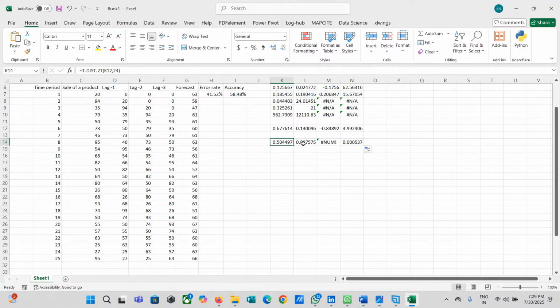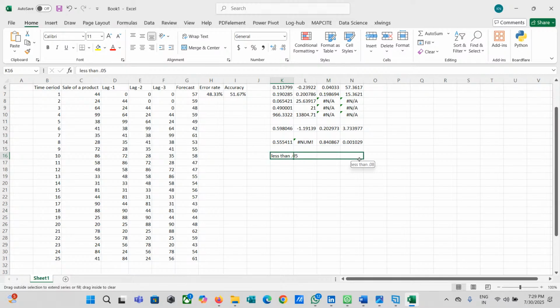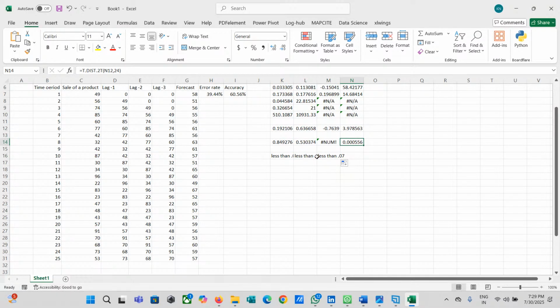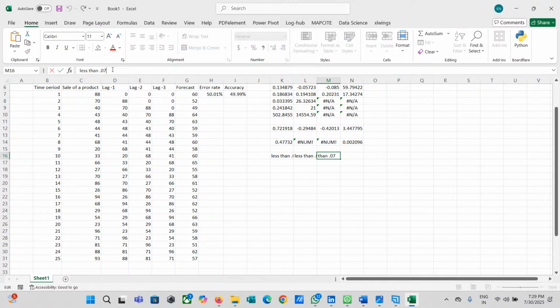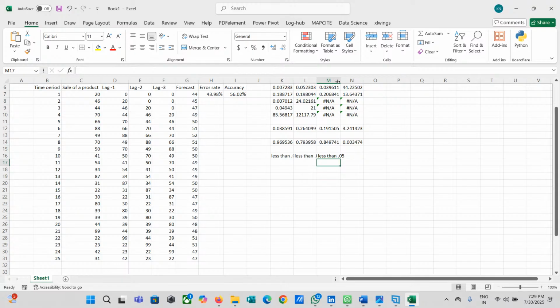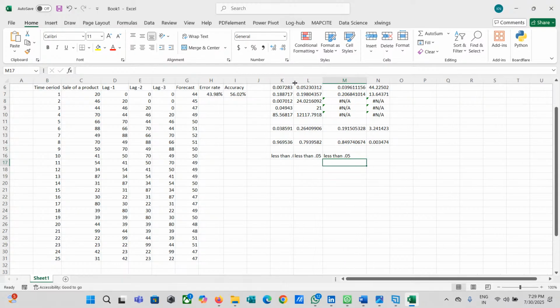This is 50%. We need these values less than 0.05. That's the standard value we are taking. So this is not less than 0.05. Only the intercept is showing us less than 0.05, and everything else is more than 0.05. If it is more than 0.05, it is clearly suggesting that our lag value is not a very significant value.